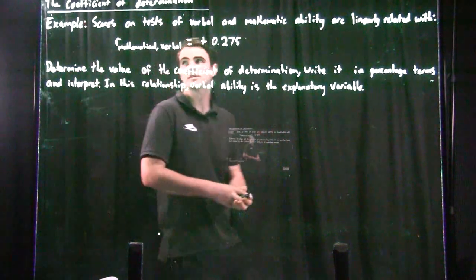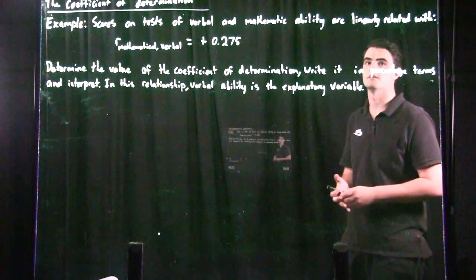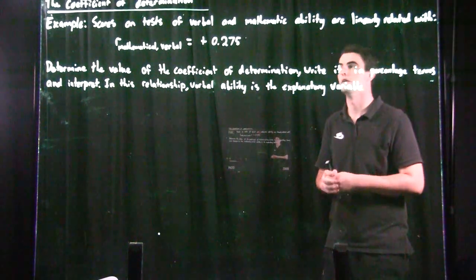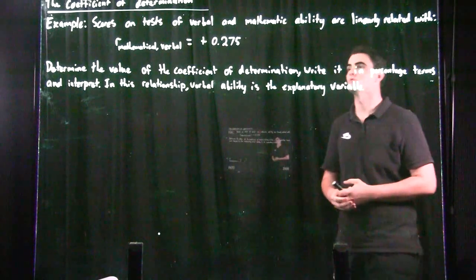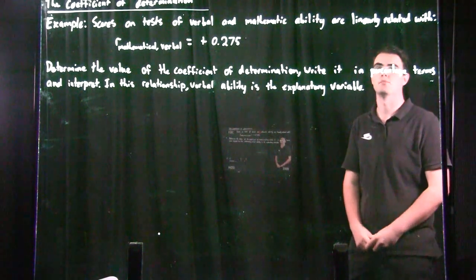Alright, so we're continuing here with the coefficient of determination. Straight into our next example, very similar to the last one. This time we're just doing it in reverse order. So for our example, we've got scores on a test of verbal and mathematical ability that are linearly related with